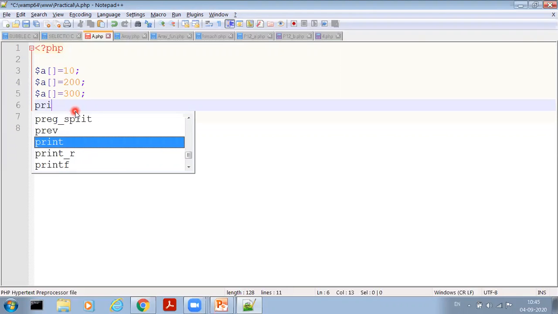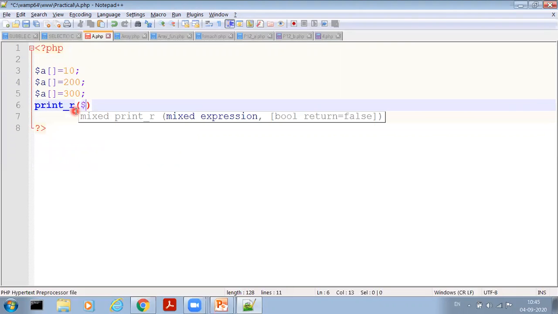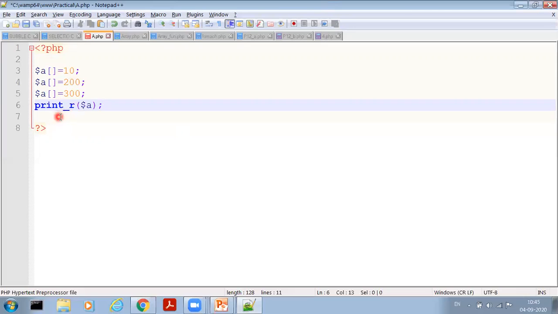Now write the function print_r in bracket variable name which is A. Here I do not write any index number, so the first time it prints the index starting from 0.